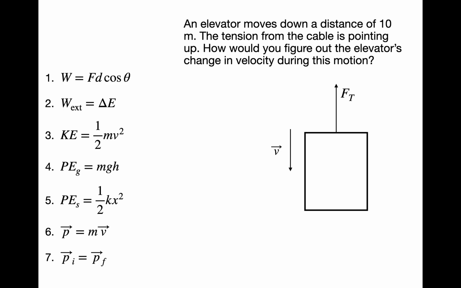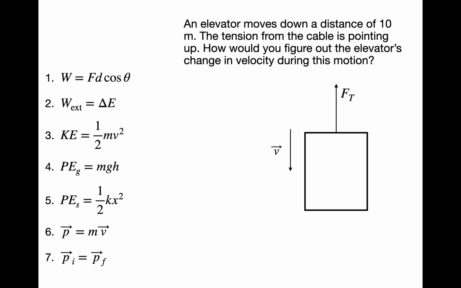equation 2 to say that the net external work on the system gives me a change in energy, and the only energy that my system could have would be a kinetic energy. Because it's just a single object, I'm not dealing with potential energy. So I would say, well, the total work,